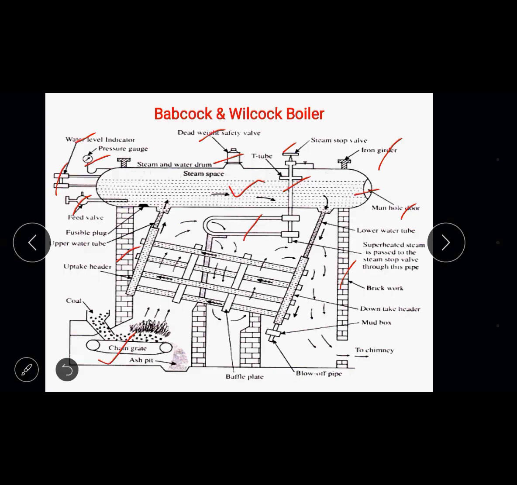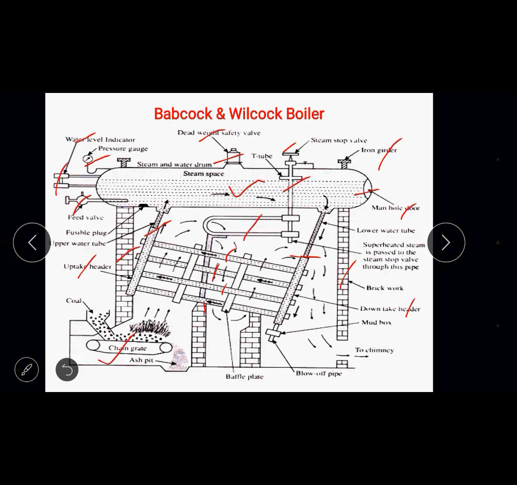Coming to the next part of the boiler mounting, we find headers and water tubes. There are two types of header: the uptake header, I show you here, and then the downtake header, I just highlighted over here. These headers are slightly inclined. They are not made vertical, and these headers are connected to water tubes. You can find 4 water tubes here, 1, 2, 3 and 4. So 4 water tubes are connected to the header. With the help of this header and water tubes, a closed circuit of water is achieved.